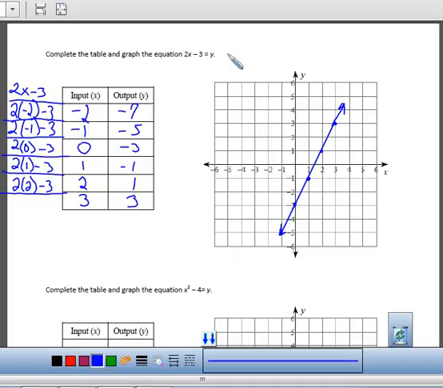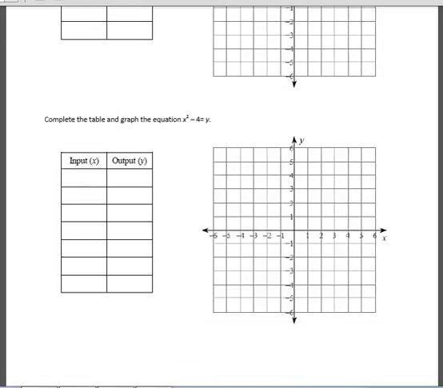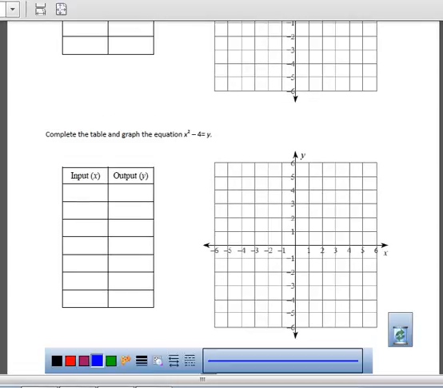Now, what do you get when you graph this? This is called a linear graph because it is a graph of a straight line. So that's one graph that we have, a straight line, or linear. Alright? Next one is